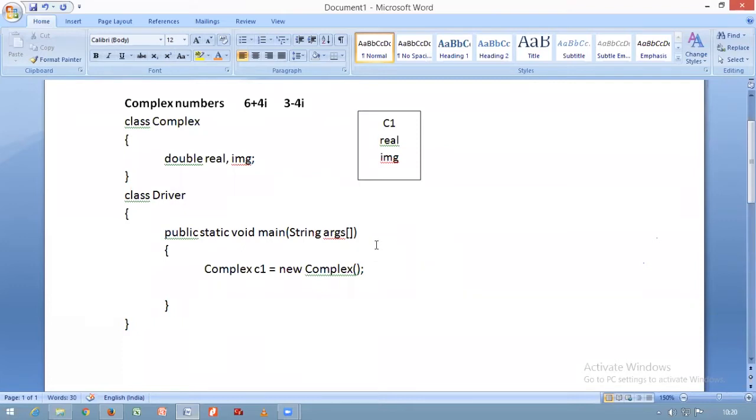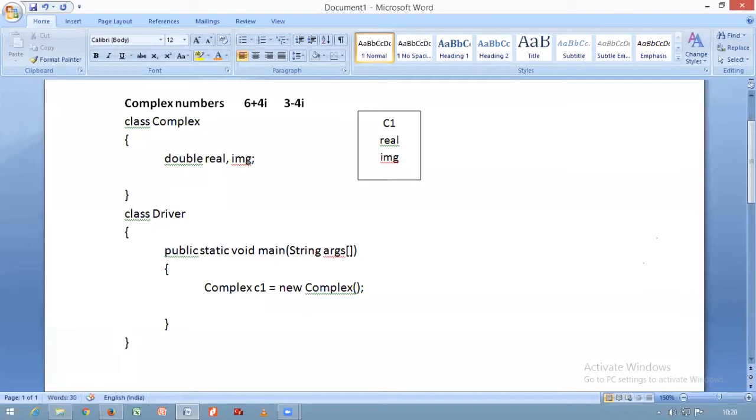Or if you want to initialize an object while creating it, C1 being an object, you can make use of a special method called a constructor. When you create an object and want to initialize it with some specific values, you can make use of a constructor.